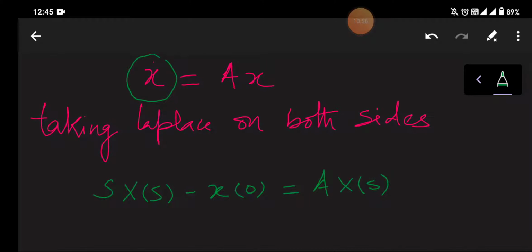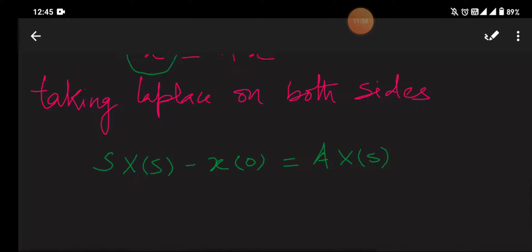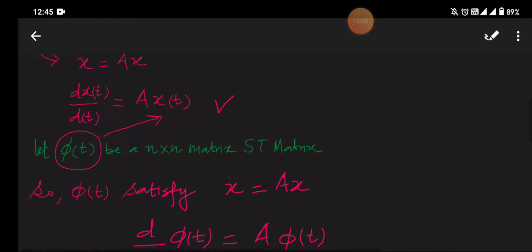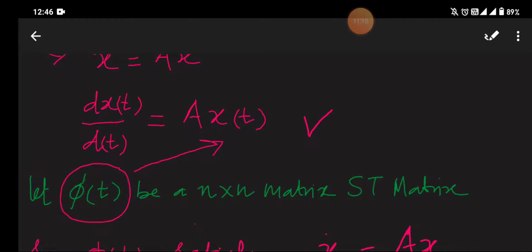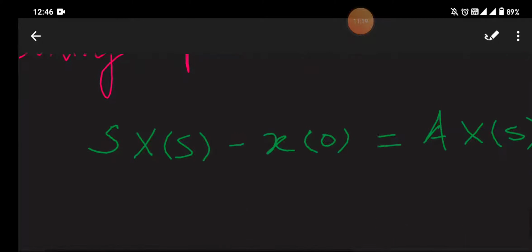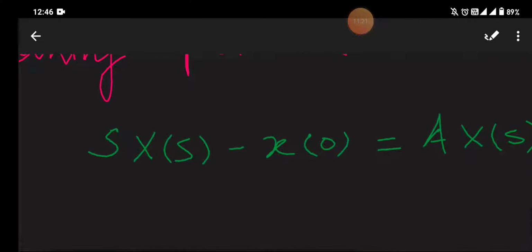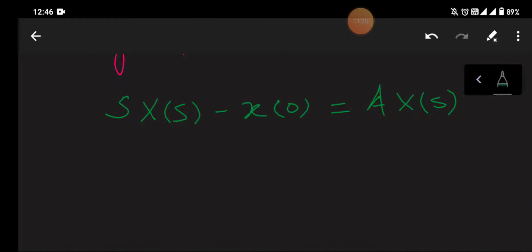I have not written t here, but this is x t as you can see above. So I have taken Laplace transform for this equation: dx t by dt is equal to a x t. After taking the Laplace transform we get s x s minus x zero is equal to a x s. Further solving,